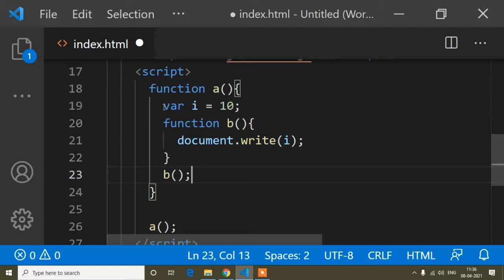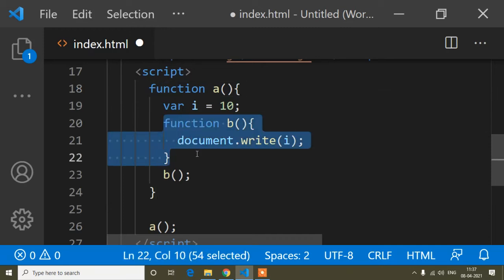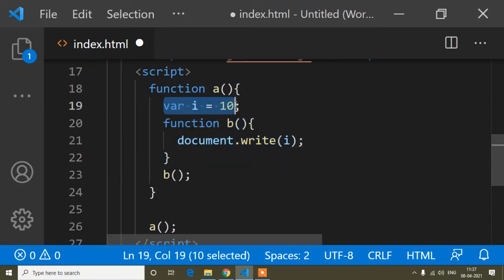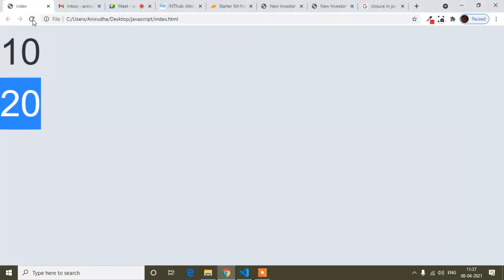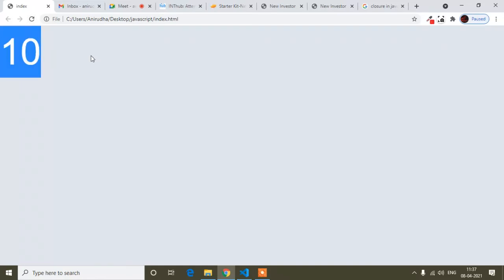Okay, so now this i variable I defined inside function a, and inside function a I have a child function, that is b. So I'm trying to access i inside our child function. Okay, so now let's see whether I can access it or not. So you can see I can access it.